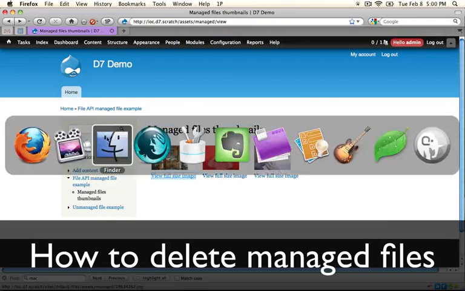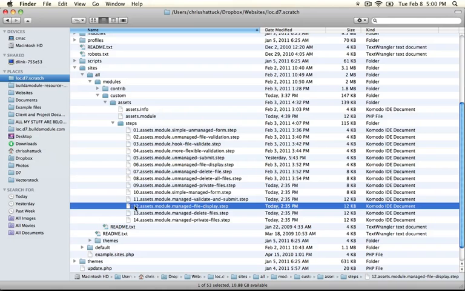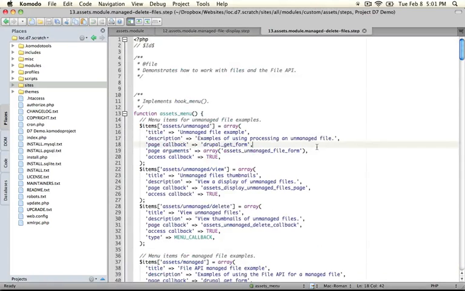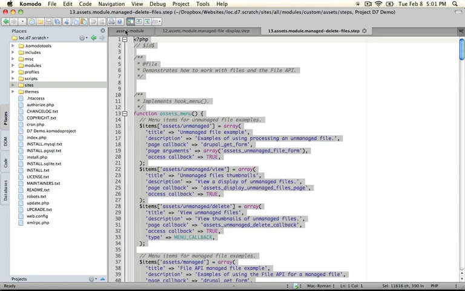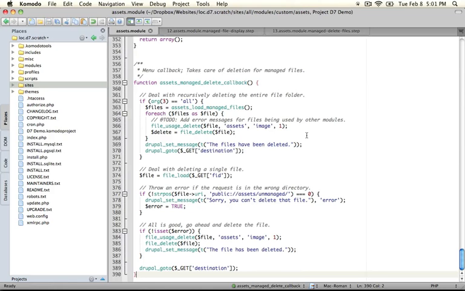Go ahead and jump to your module folder, and in the steps folder, let's open up the 13th step, which is called Manage Delete Files. Copy the entire code and paste it over the code that's currently in your assets.module file and save it. Okay, this is the step where we recreate the functionality where we added a delete image link under each image